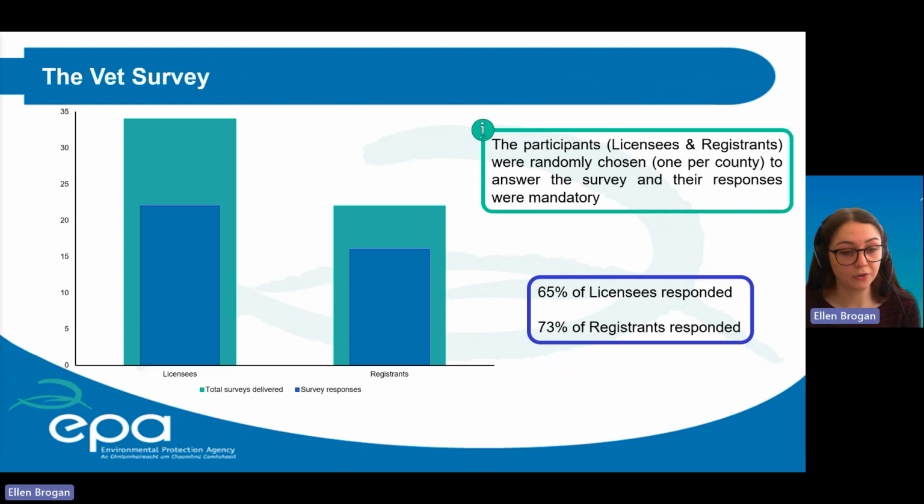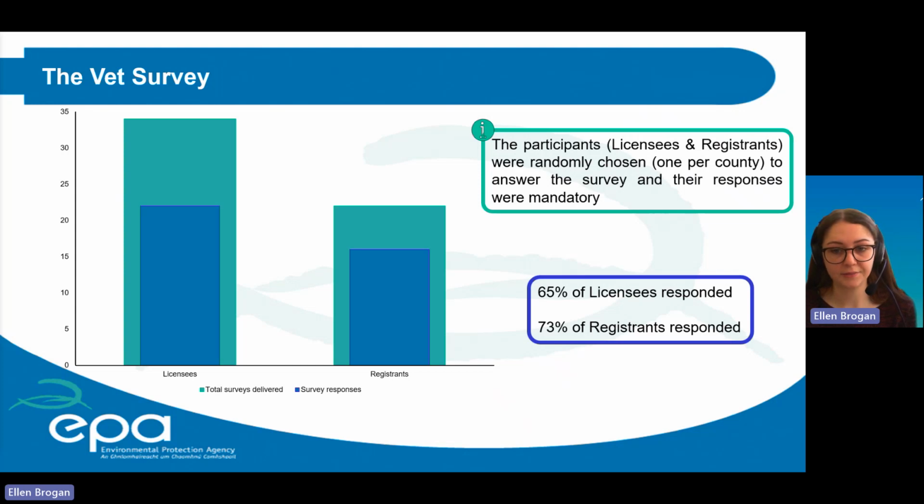The survey was closed then after giving the participants, both licensees and registrants, a total of 2.5 months to complete the survey. In the end, a total of 22 out of the 34 licensees and 16 out of the 22 registrants who initially received the email with the link for the survey submitted completed responses. So this meant that only 68% of authorization holders who received the email link submitted responses to the